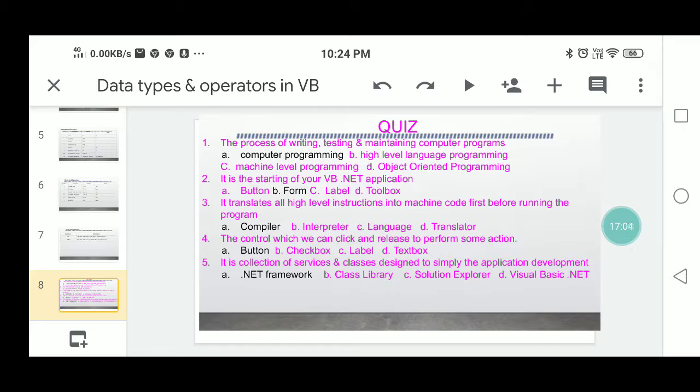The .NET Framework is a collection of services and classes designed to simplify application development. These are the quiz questions about this class, covering Visual Basic and its fundamentals.